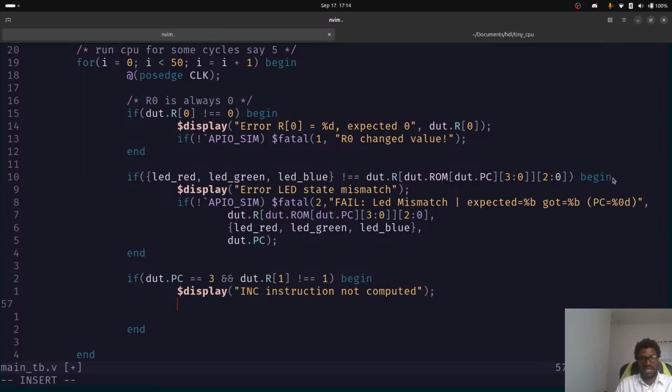Just say that, and then there's that, and then we can do an if not appear sim, and then in here we can make a fatal, hash fatal, and then in here we can do something like a 3. I think I need to go and learn why that is. And then in here, we can say fail,